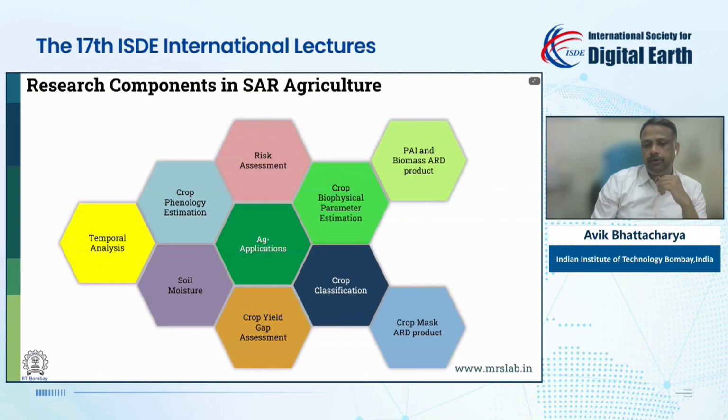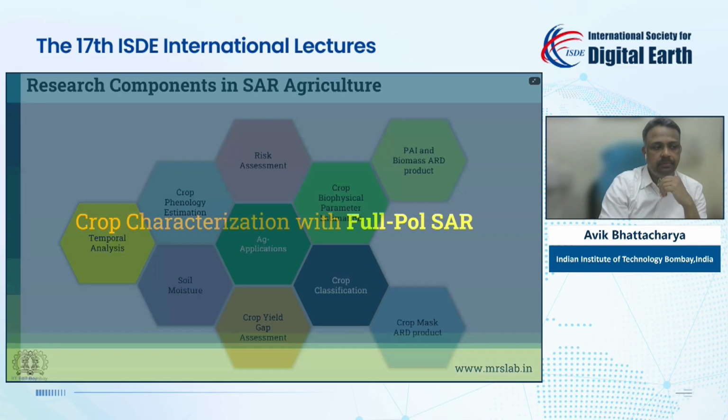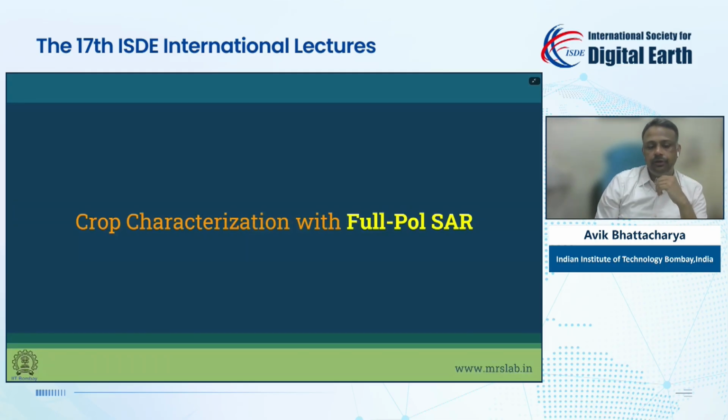Now, in the research component of SAR in agriculture, we have many different components, starting from soil moisture to crop height, and at the end to have a crop mask as an ARD product. So there are various different levels and aspects of user information which can be given for downstream applications. And this is where our expertise lies, this is what we work on. But without going into much detail, in this very short presentation, I'll just talk about some crop characterization with full polarimetric SAR data. I'll just show a very brief